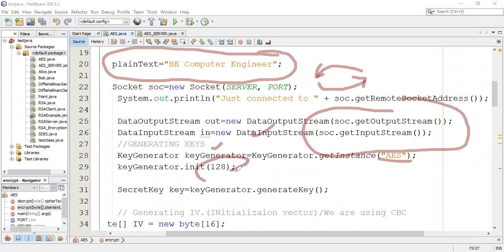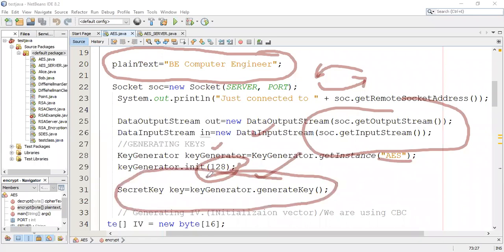I have already told you that the key must have 128 bits for my plain text, 128-bit key, and my ciphertext also 128 bits. That's why I have taken 128 bits here, and that directly goes to generate this class. The key generator, I have just passed the key size value 128 over here. Got it?